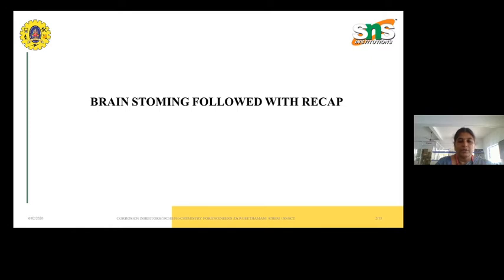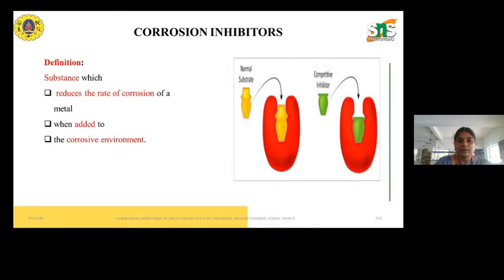In case of changing the potential of the metal, we saw two different kinds. One is anodic protection, another is cathodic protection. In the cathodic protection technique, we discussed two in detail. One is the sacrificial anode protection technique, another is the impressed current cathodic protection technique. The metal is protected either by using a more active metal, or buried metal, or by giving excess external energy to protect the metal.